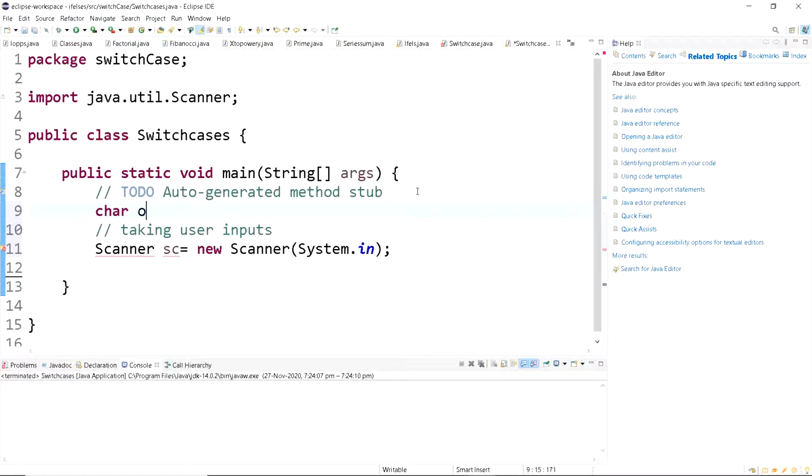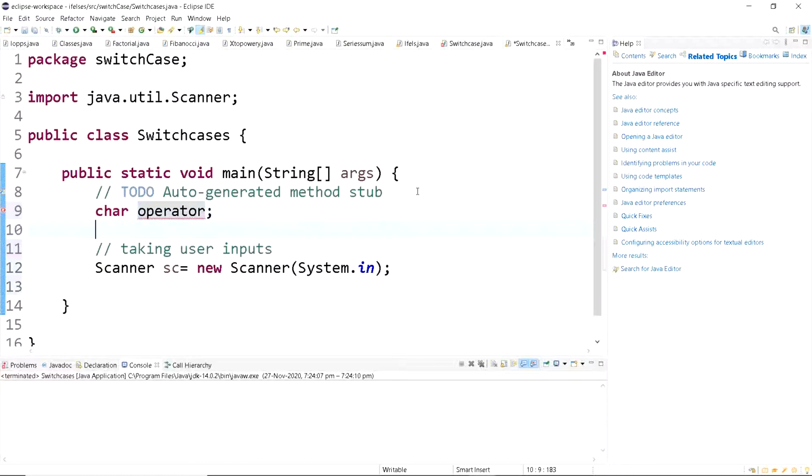The first variable is char operator, and the other variables are double A, comma B, comma result. So instead of writing double A, then again double B and again double result, we can simply write double A, B, result. These three variables will be stored as double. So this can be done.